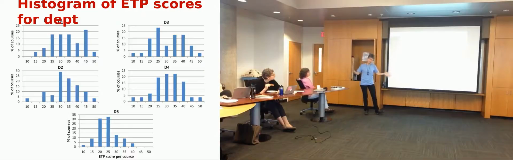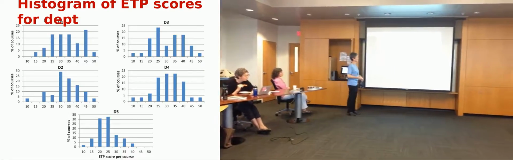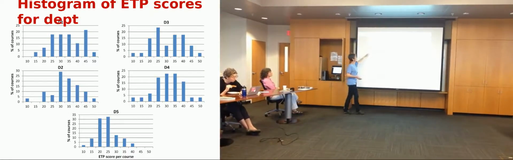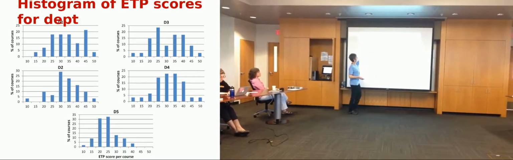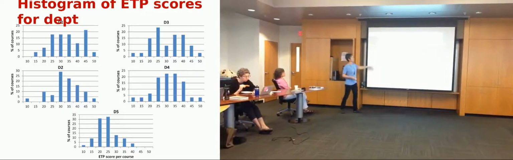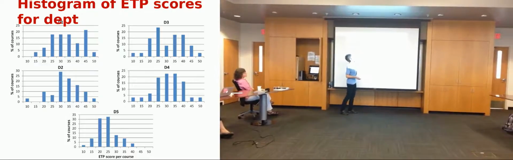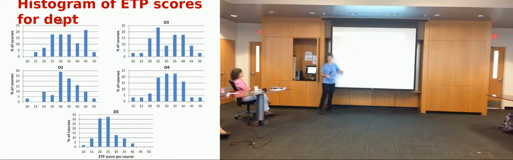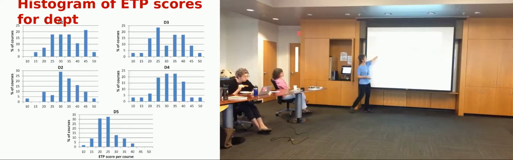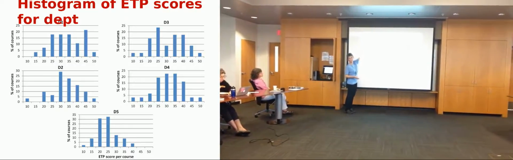The improvement of teaching, let me call it that way. And as you can see, you can identify based on the score how many of the courses for which this information was provided have an ETP score of 50, and that's about 3 of them. And how many have a score of 15? That's about 3 of them. So those are doing really poorly in terms of